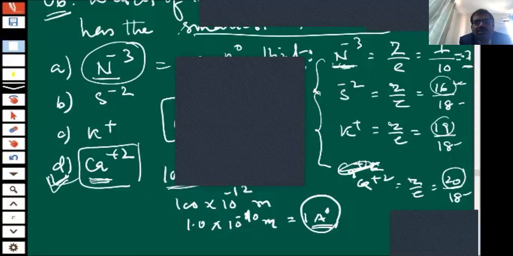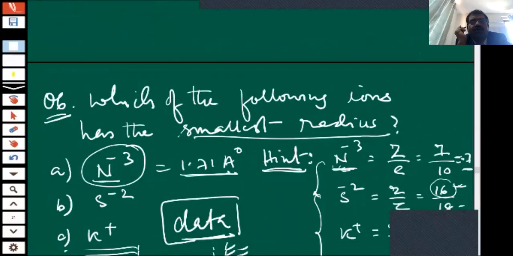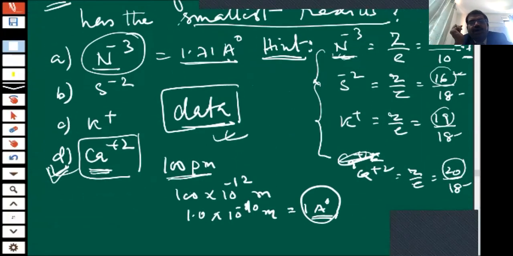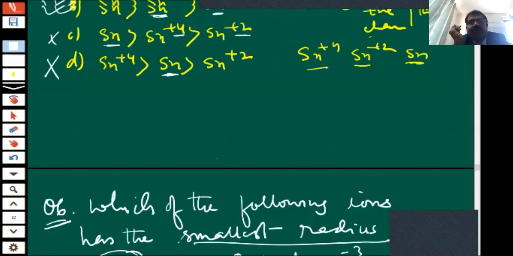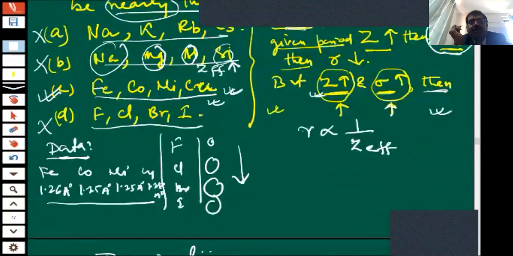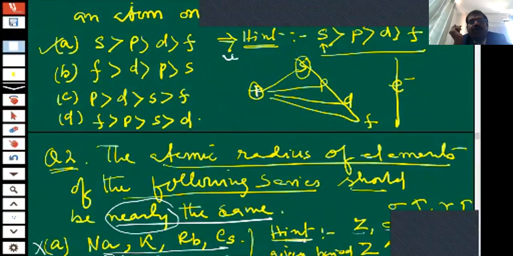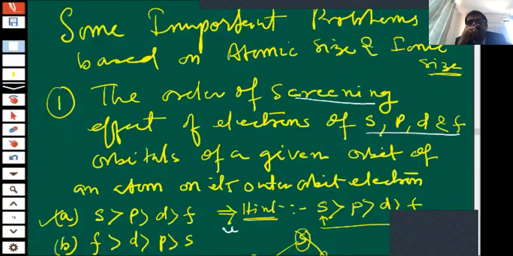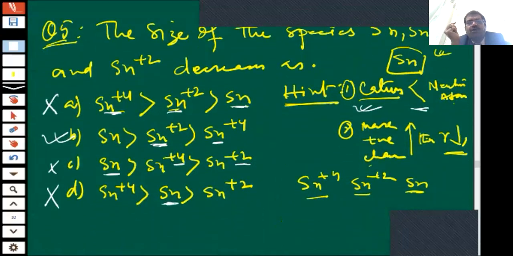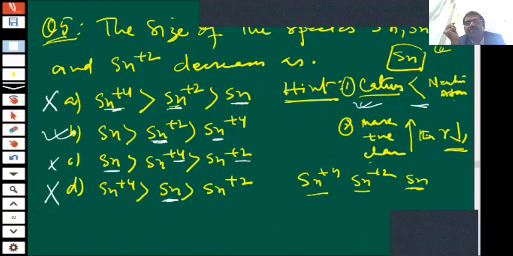So time is over, children. We would have done one more question, but anyhow, did you understand, children? In this way, we have to follow, and after completing a particular topic, we'll go through this objective type of session. There we will utilize everything what we know. So I hope you have gained a lot in this objective session. In this way, we have to solve the problem and find out the correct answer.